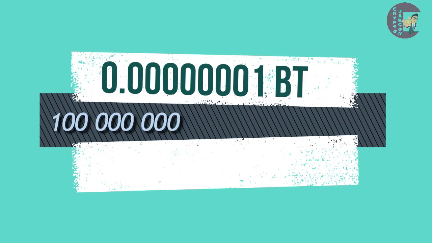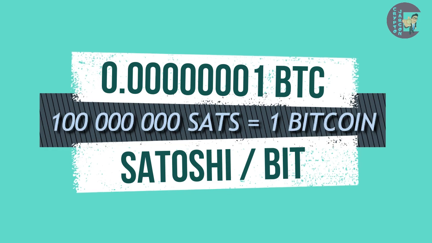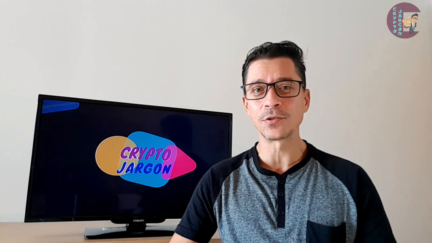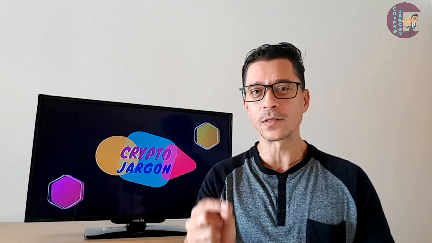A Bitcoin is typically divided into 8 decimals, so a Satoshi, or a bit, being the smallest one, is 1/100th of a millionth of a Bitcoin. In other words, one Bitcoin is 100 million Satoshis, or bits. Some other cryptocurrencies are divided into even smaller fractions, and a Satoshi may be the smallest spendable unit of Bitcoin